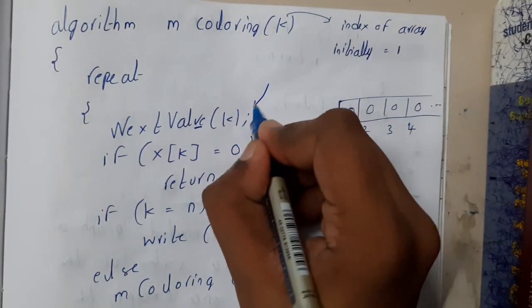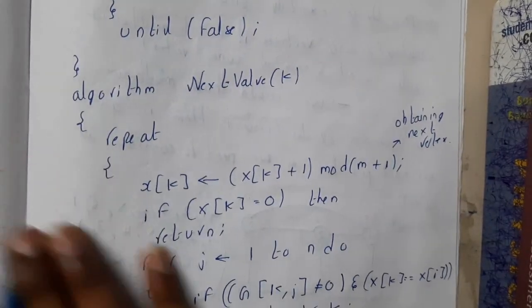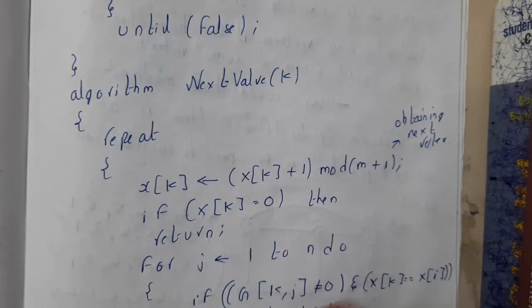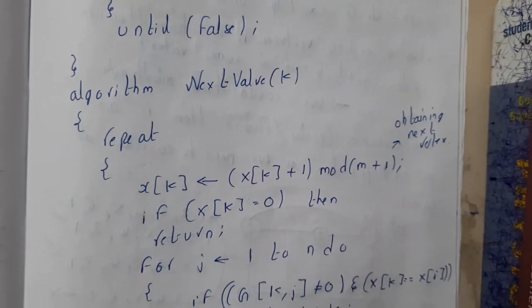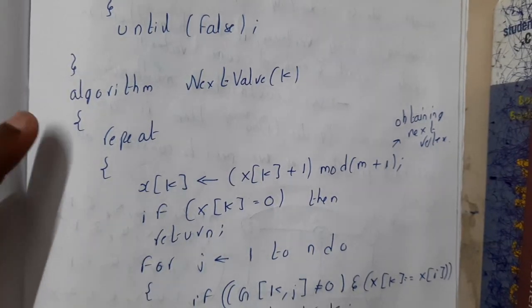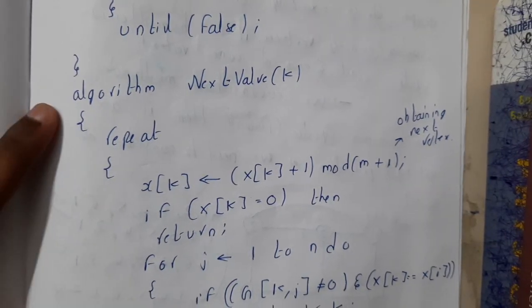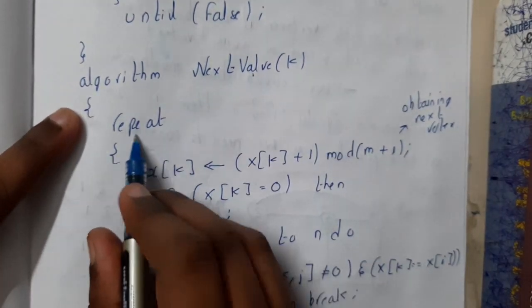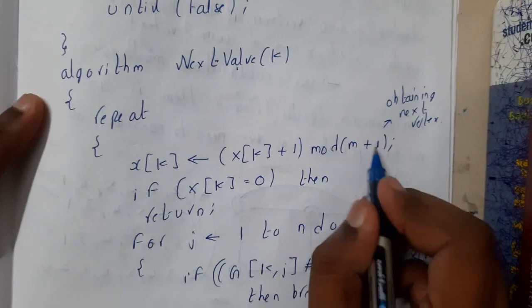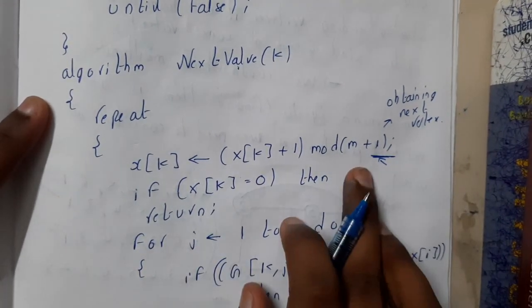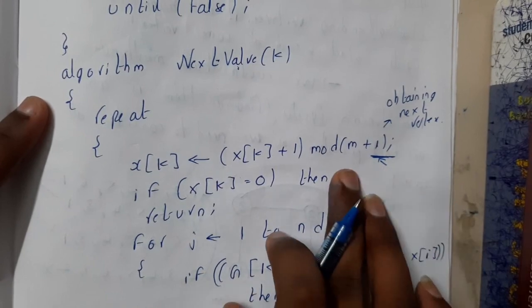Guys, please remember this function, guys, because this same exact function you will be again writing in Hamilton cycle while finding Hamilton cycle. Whenever there is any kind of backtracking algorithm with the vertices, you will be writing this only for the next node. So next value, it is nothing but next vertex. You will be repeating. This is the formula or this is the code which I didn't understand after trying for multiple times. Also, I was unable to understand the logic behind it.